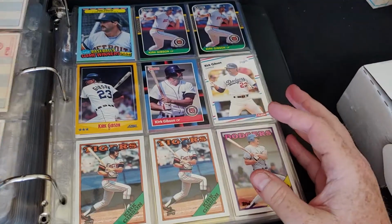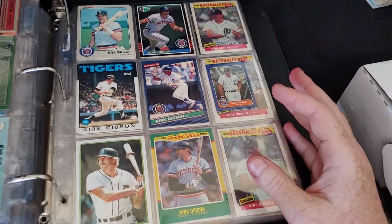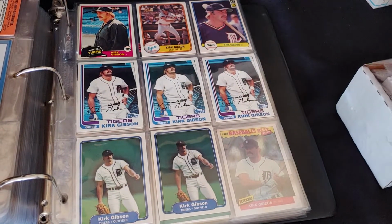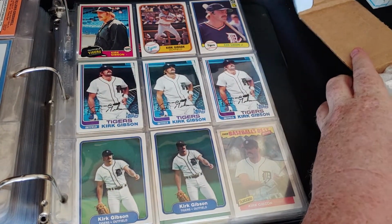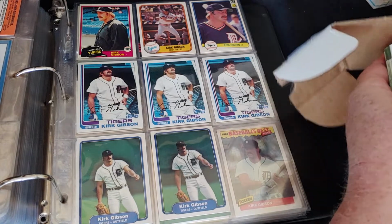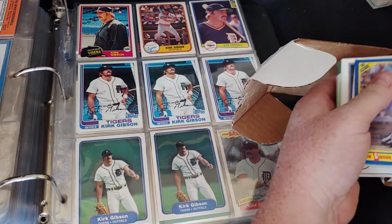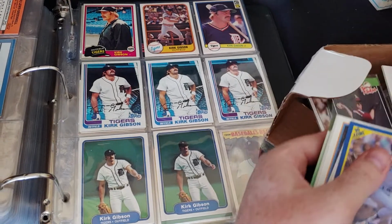Maybe not Hall of Fame. Well, clearly not Hall of Fame, unfortunately. But there's a number of players that never made the Hall of Fame that are still memorable, famous, and he's one of them for me for sure. So let's take a look now at what I got in my